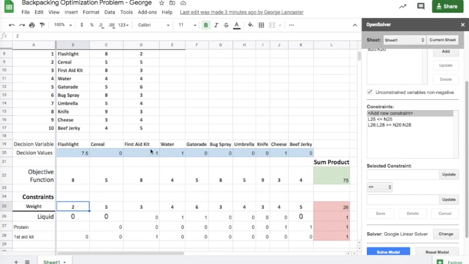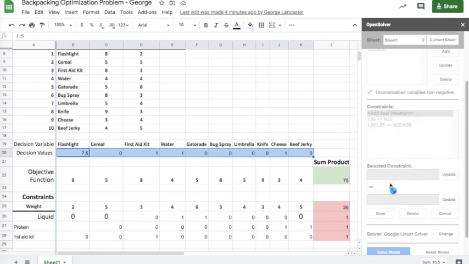And so what we're going to do for that is select all of our decision values. We're going to add that as a constraint, and then we're going to click on the type of constraint and go down to bin. Bin stands for binary, which means two choices, 0 or 1 are the only options. So I'll save that. And then I'll run it again, run the solve again, and it will tell me